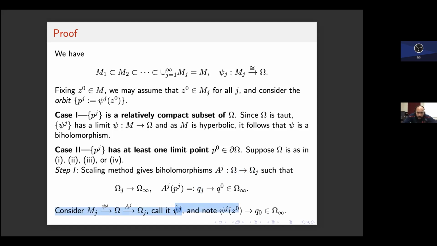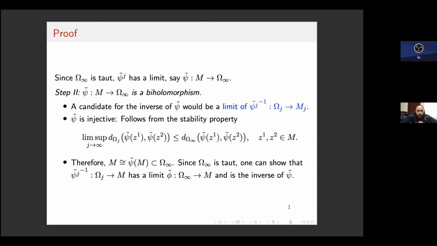It should be observed that Cj takes this point Z0, which under Cj goes to Pz, and Az takes Pz to Qz, and we have that Qz converges to some Q0. So we have all these facts. Plus, it is also known that the limiting domain arising from scaling in all these cases is actually taut. The limiting domain omega infinity is also taut. Because of this, the sequence of maps Cj tilde, these compositions, have a limit, and let's call it